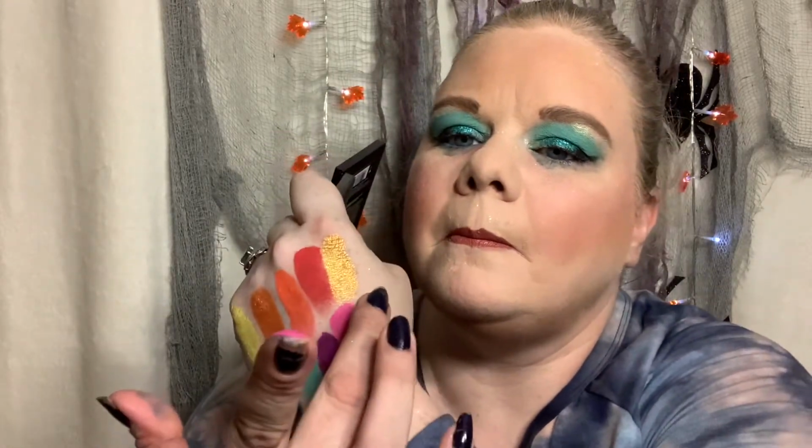So pink, matte pink. Very pretty. And then we have this almost a pink diamondy look. Yeah, that's a pretty color. It's like a duochrome too. Okay, so